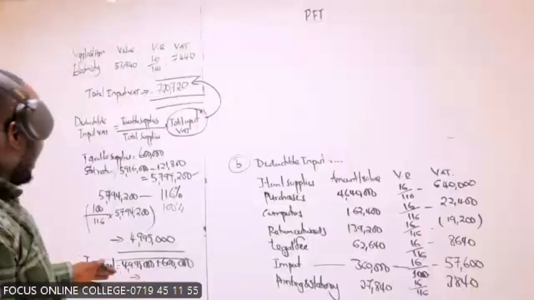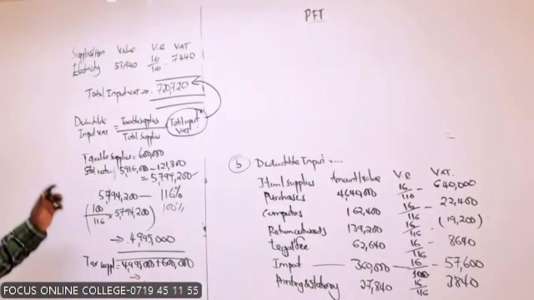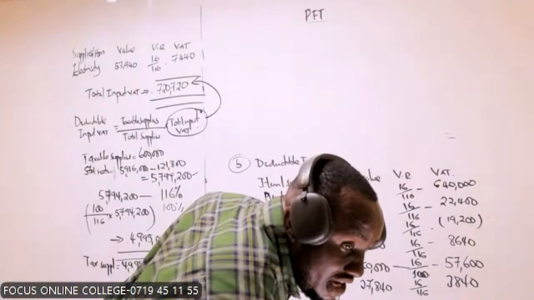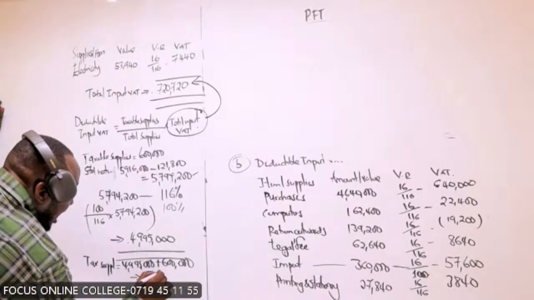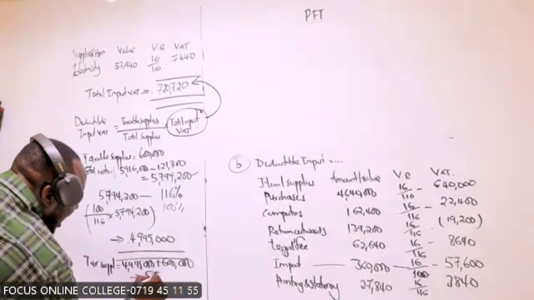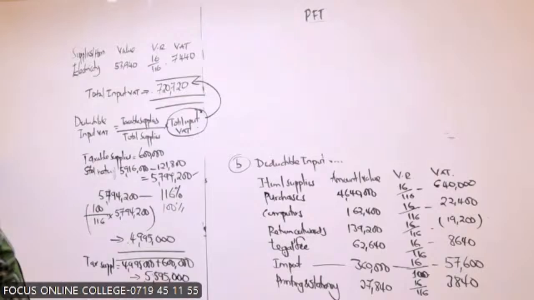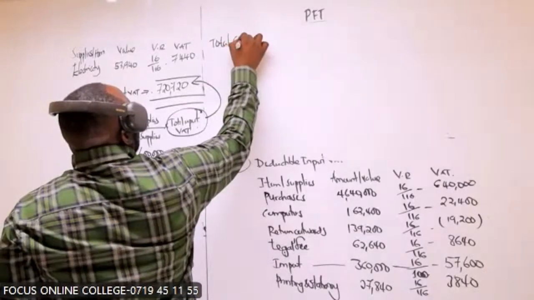Taxable supplies: 4,995,000 plus 600,000. What is that? That is 5,595,000. Then we get the total supplies. Look at now total supplies. Total supplies should now be